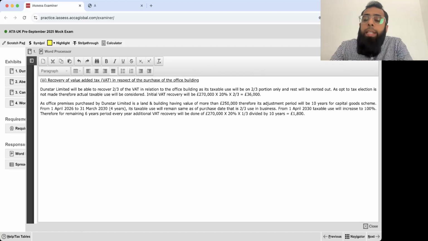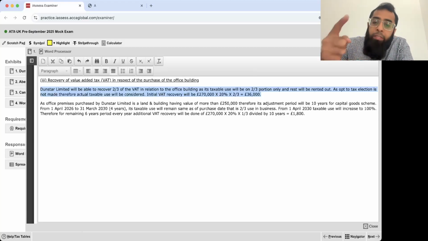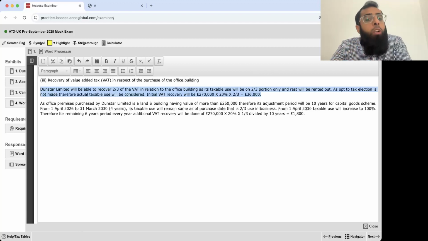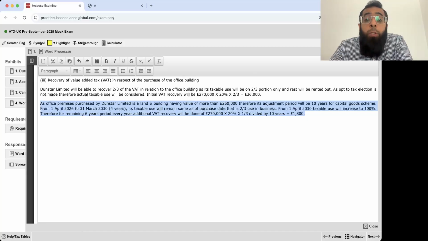So, see, the initial recovery is of the 2/3 portion. In the first year, you recover the VAT based on your taxable use. That was your taxable use because the remaining was rented out. And since there was no option to tax selection, you have to use the actual taxable use, and you will ignore the rented out portion, since the option to tax selection is not done, so you have to look at your actual use only. As office premises purchased by Dunstall Limited is a land and building having value of more than 250,000,